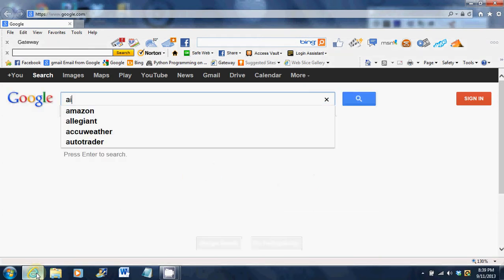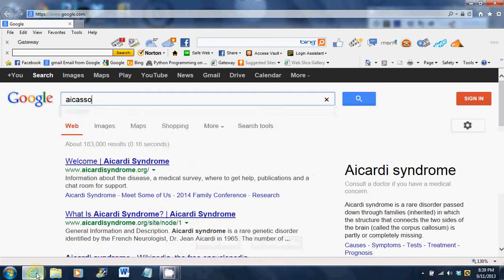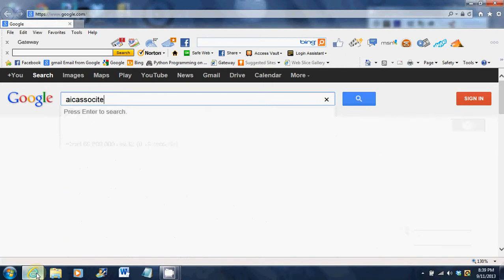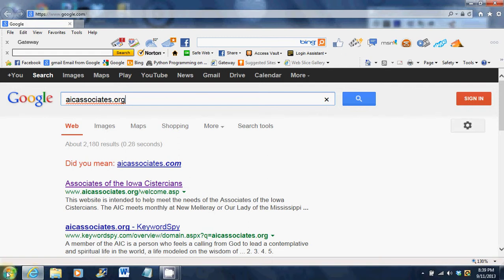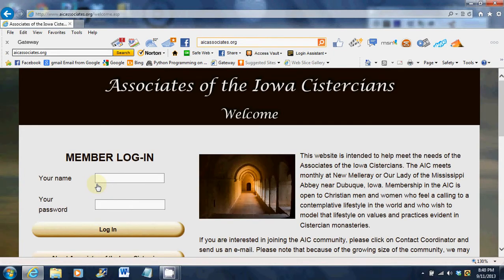So I'm going to type in the AIC address, and at the top of the list you'll see Associates of the Iowa Cistercians displayed. This is a link, and as I move my mouse pointer over this name, you'll see it changes from a pointer to a hand, and I'll click with my left mouse button on this, and we're brought immediately to the